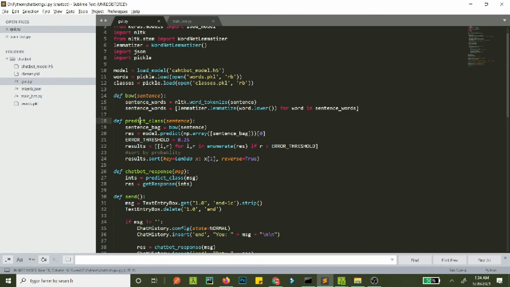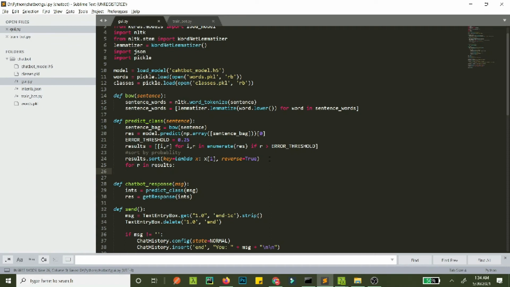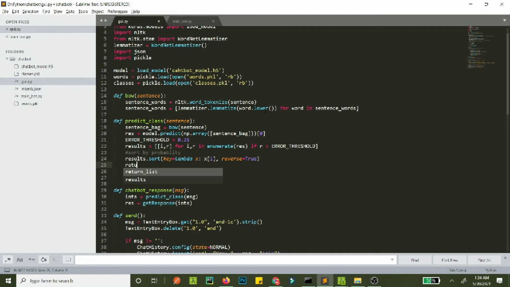We are using our predict class here, right? And we expect, what do we expect? We expect classes with their respective probabilities, right, as a list. So let's create that. For r in results, return list becomes, okay, first we need to define a return list before we use it. Return list equals to dot append,